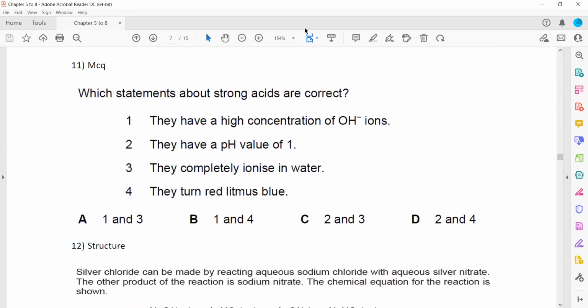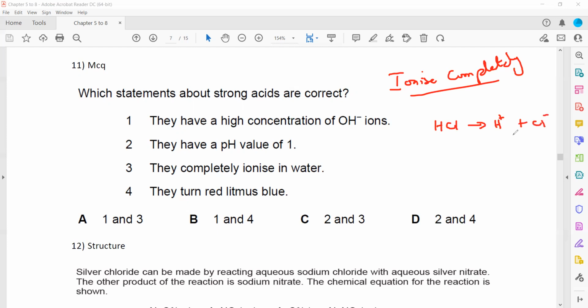In question 11, which statement about strong acids is correct? Strong acids, the definition, they ionize completely. Ionize means dissociate into ions. So, as they ionize completely, for example, if you have hydrochloric acid, it will dissociate into hydrogen ion and chloride ion. So strong acids will have a higher concentration of hydrogen ions. So when we check the options,